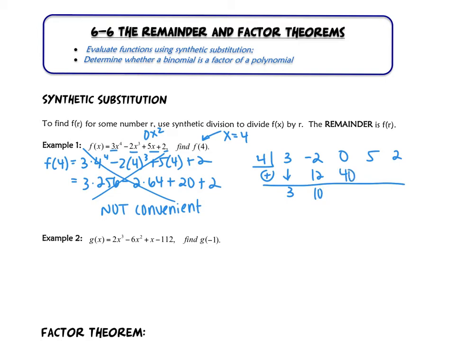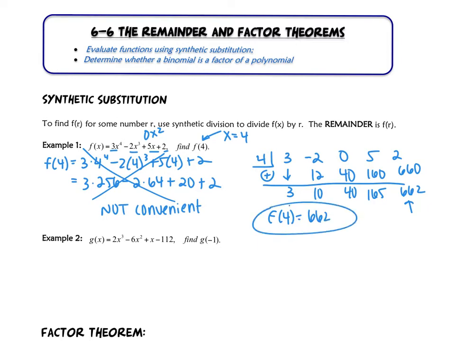4 times 10 is 40, add down. 4 times 40 is 160, so I get 165. And then I need to do 165 times 4. Okay, that one's a little bit bigger than I want. That's okay. I end up getting 660, and we get 662. Your answer is the remainder. So we would say f of 4 is